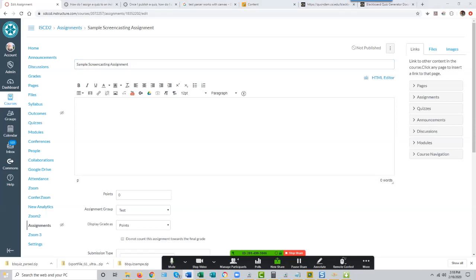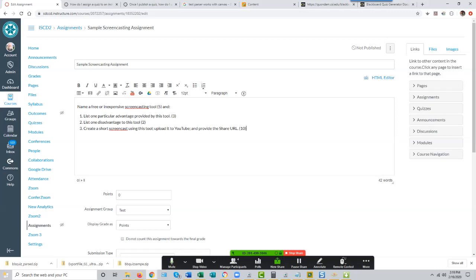And I think I have some text over here that I can copy so you don't have to watch me type, which is an extremely painful process for both of us. So let me just paste some text in here. You can paste text in from a Word document, which is what I'm doing, or anything else, or you can type it in here